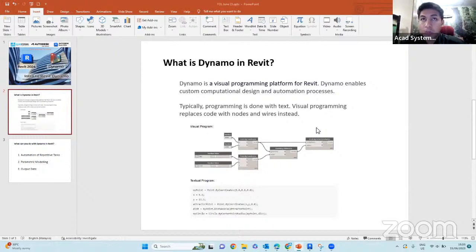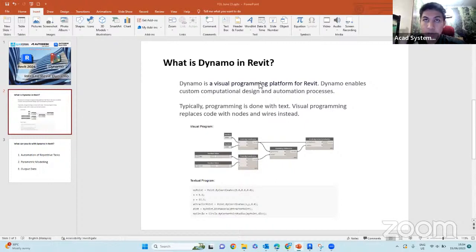For non-programmers like most of us, maybe architects and engineers, we might not know all those programming languages, right? So Dynamo allows us to use visual programming instead, using nodes and lines to actually run that programming code